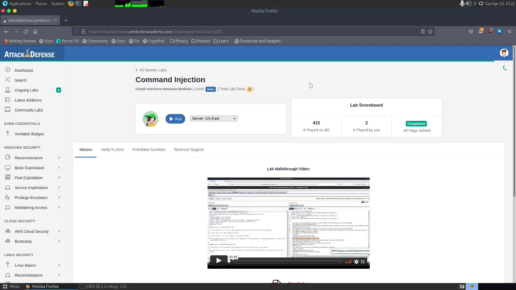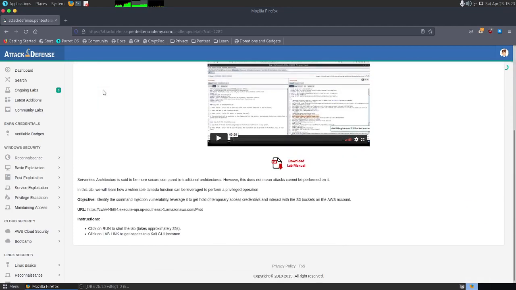So you don't need to pay anything for this. You can just log in with your Google login, and you can give your Gmail user ID and password, and it will allow you to run at least the free labs. So what we are going to do is once we are here, we will just click on run, and this should give us a lab link.